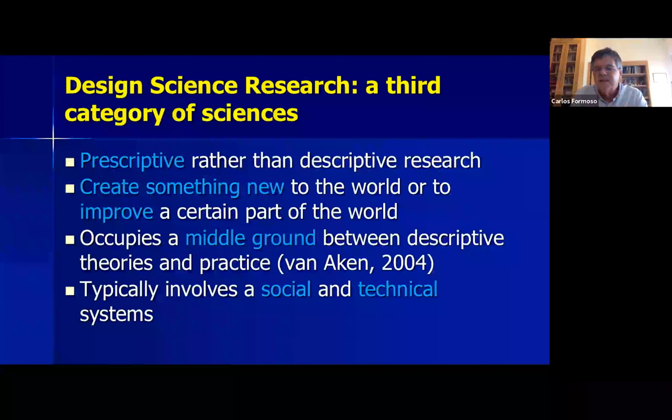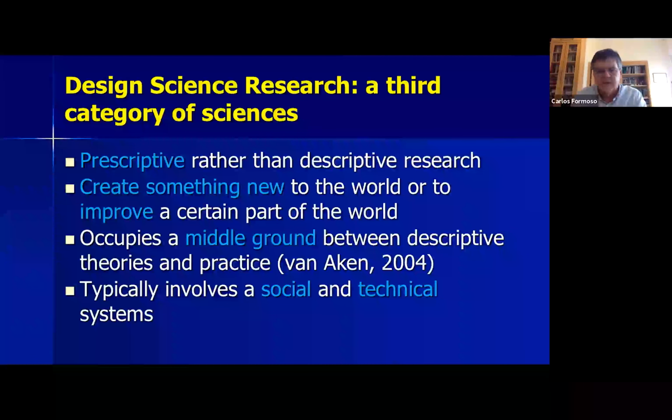So what is design science research? I'd like to call it a third category of sciences. The first category is natural sciences, the second one is social sciences, and the third is design sciences, right? So it's not a specific research method, but a different way of doing research. What is the main difference? It is prescriptive. We want to prescribe things rather than describe the world and find